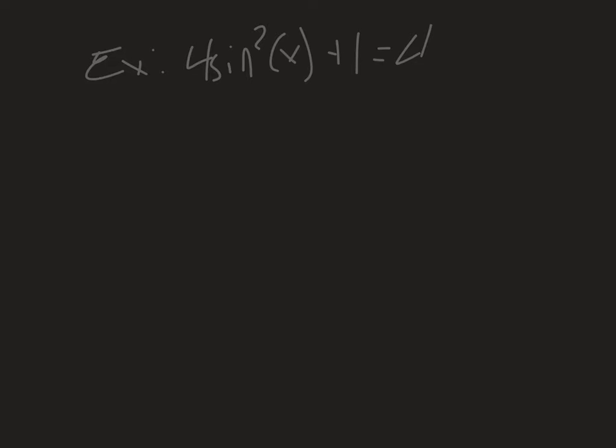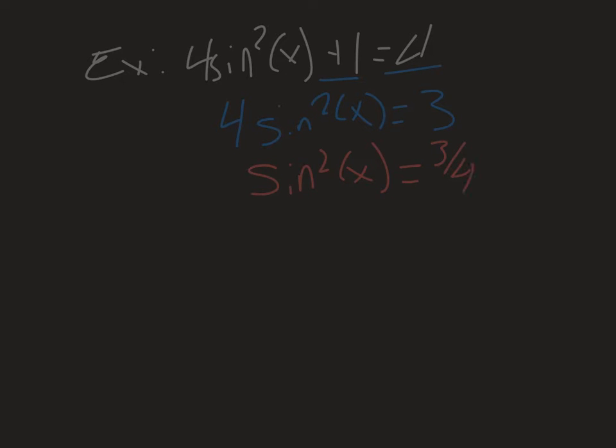What I have here is 4 sine squared of x plus 1 is equal to 4. So much like what we do when we're solving for a variable, we want to get x by itself. And I think that the best way to do that first would be to subtract 1 from each side. So we're going to have 4 sine squared of x is equal to 3 if I subtract 1. And then likewise, we'll want to divide both sides by 4. So we'll have sine squared of x is equal to